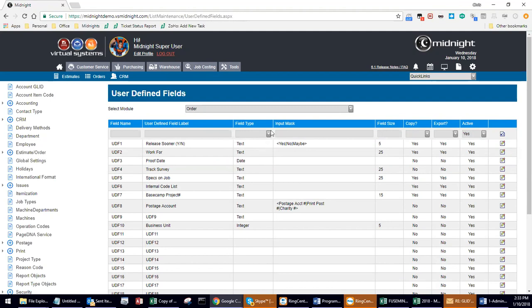For instance, if it's a text, date, currency field, perhaps a time or just a number for an integer or a decimal value. You can apply what we would call an input mask, which is text that appears there before somebody types something in, such as select or please enter. Or you can also apply a limited amount of choices by taking advantage of utilizing the method that you'll see here with open carets to indicate a group of selections and a pipe separator to separate each of the allowable selections. This sort of simulates a drop-down menu,